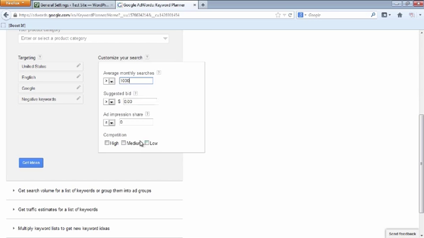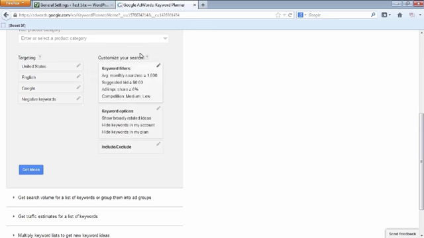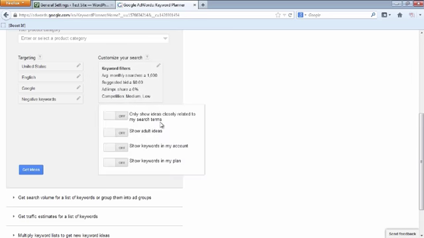But I also want to then see low and medium competition. I don't generally go after highly competitive phrases. And this competition is really an indication of ad users and AdWords spenders. And in general, medium and low competition tends to indicate medium and low search engine competition in the natural SERPs as well. So once I've done that and I've set that going, you can also go, if you want to,